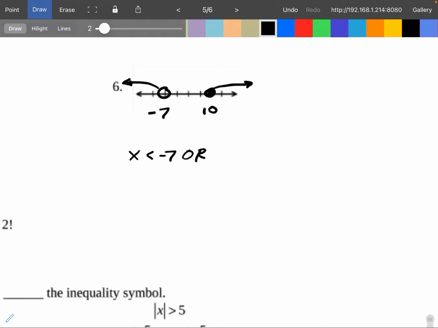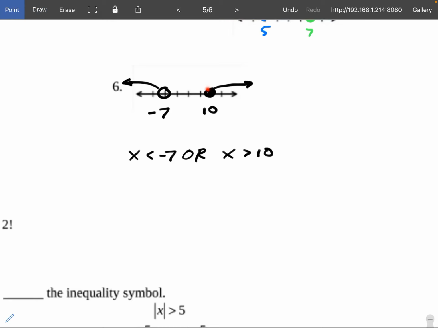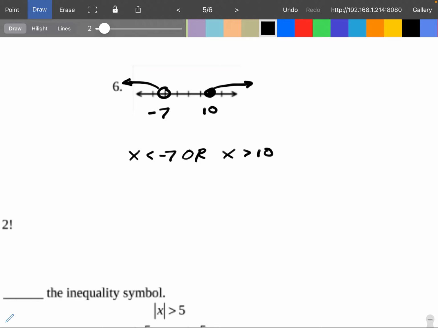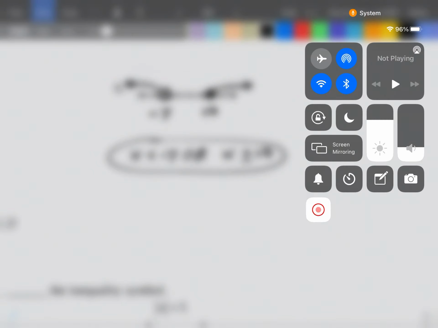So then how do I write the one on the left, Neve? X is less than negative 7. Good. And how do I write the one on the right? Who's got that one? Brian, what do you got? X is greater than 10. One more thing, though. It's got a solid dot at 10, so what do I got to put? X is greater than or equal to 10. Yeah, it's got the solid dot at 10, right? So if it's got the solid